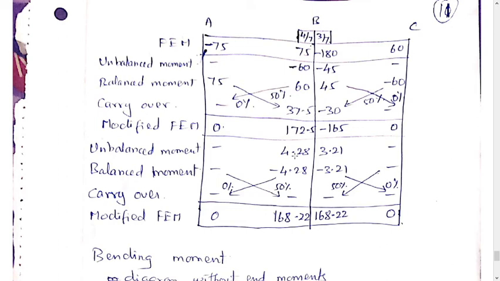After that, for balancing, after the difference, multiplying by the distribution factor gives 4.28 and here 3.21. So the negative of that will become the balance moment. So here is 50%, here no value is coming, no value coming here. So this is also 0% transferred here, 0%, because both are simply supported or roller. So finally adding minus 65 minus 3.21, so 172.5 minus 4.728, so finally 168.22.